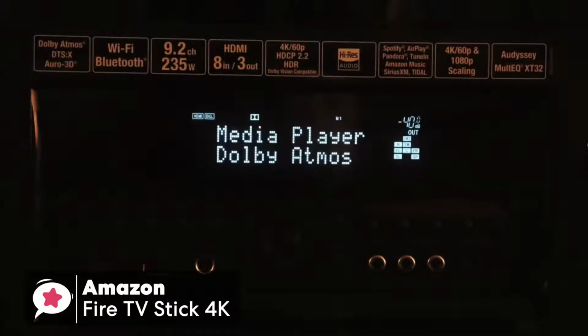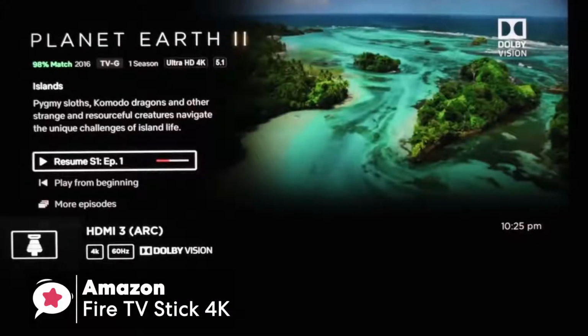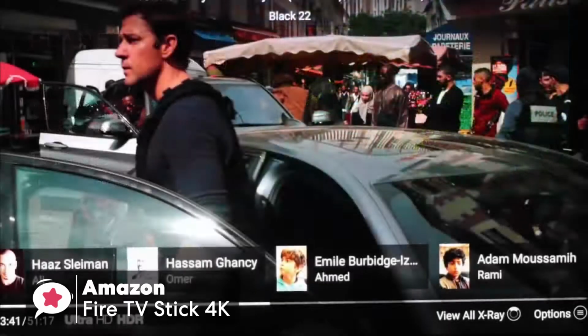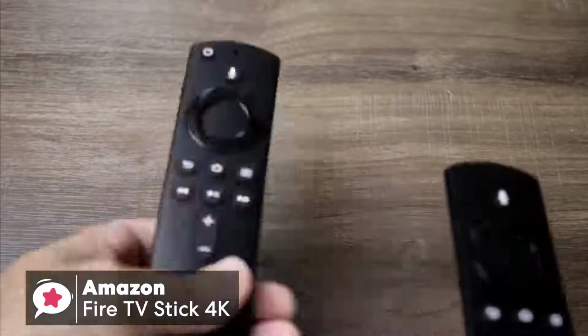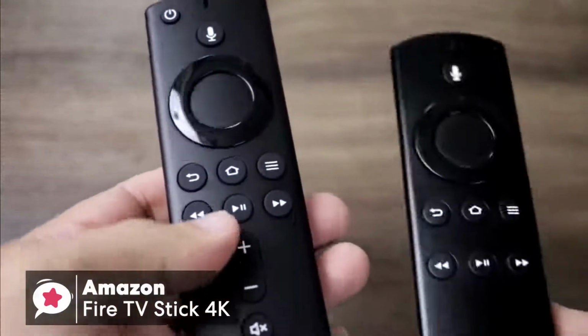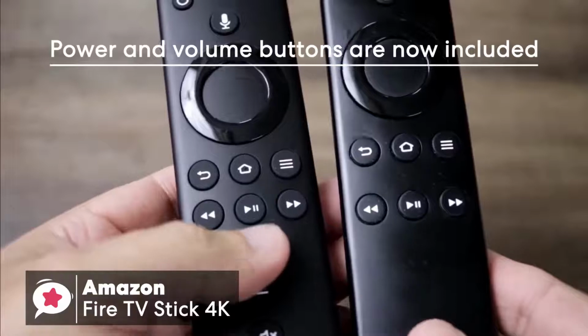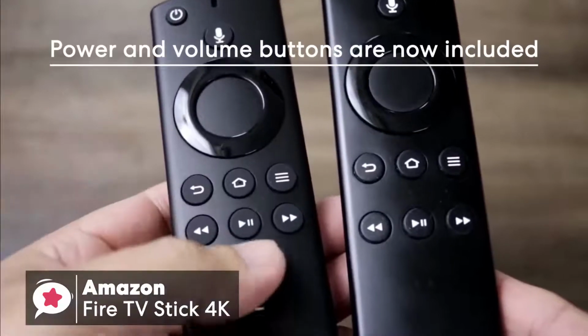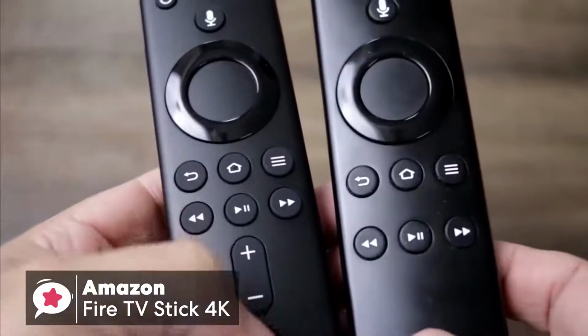Of course, your TV set will need to be attached to the correct Atmos surround sound system if you want to hear it. Arguably, the new remote is the most exciting part of the design. There's a mic button which you hold down to talk to Alexa. That's not new, of course, but the power and volume buttons are. These are configured during setup to control your TV or soundbar using infrared and make the remote a whole lot